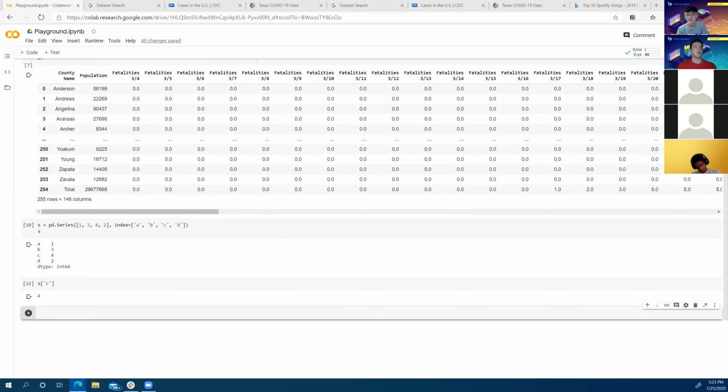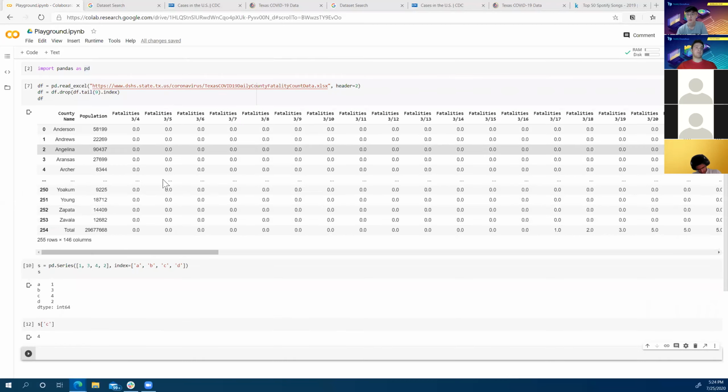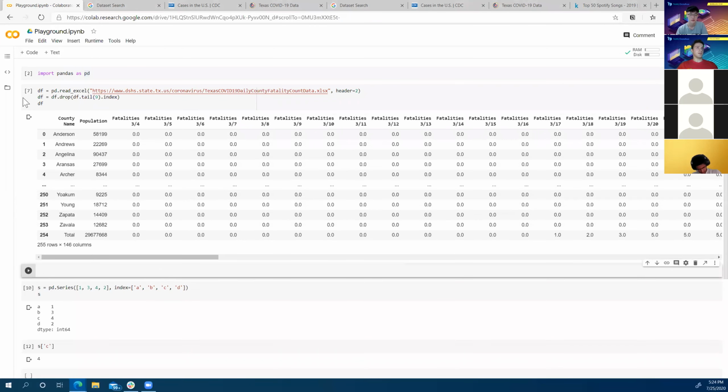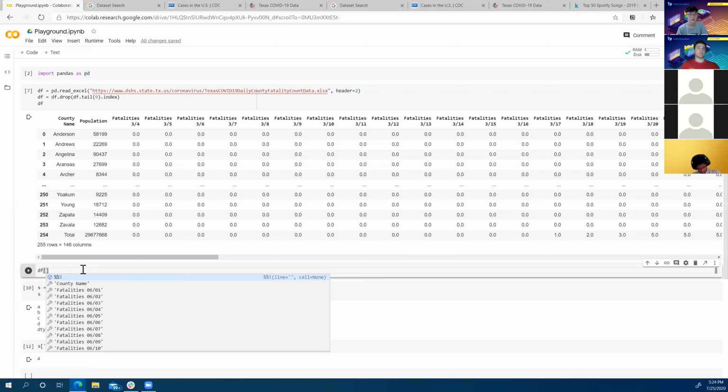Sure, yeah. So a data frame is actually a collection of series. You can think about a series as being a single column, whereas a data frame is a collection of series. We'll get to this and you'll see what I mean in a second. But if I were to jump into here, this data frame is called df, right? So if I say the data frame and then I give it a column name, let's say I'm interested in grabbing the population column.